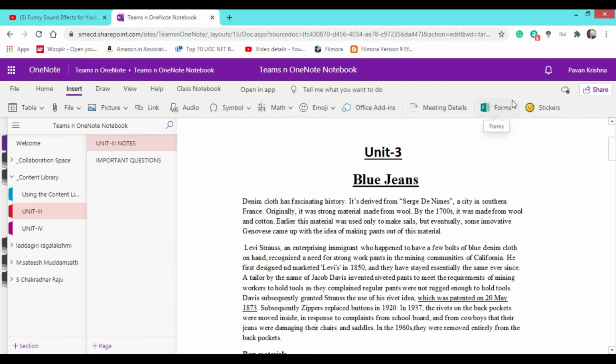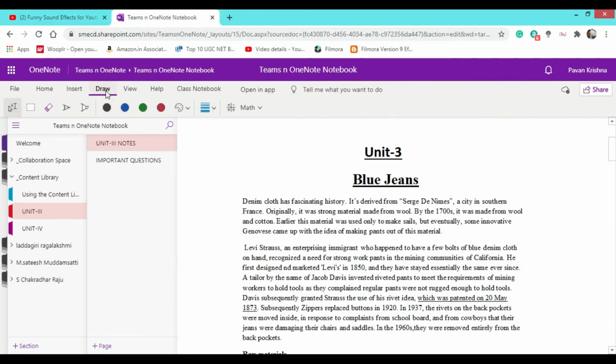You can also insert forms as well, stickers. You can do many things. And there is one more option, draw. If your subject requires something to be drawn, you can draw from here. There are multiple colors over here, different palettes, and mathematical operations can be done. In this way we are going to work.